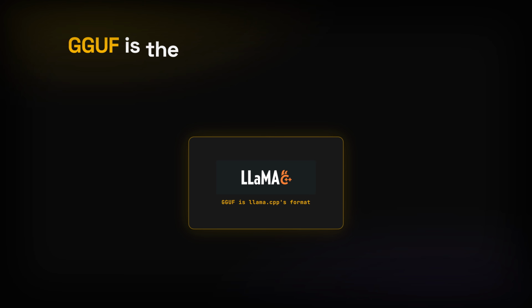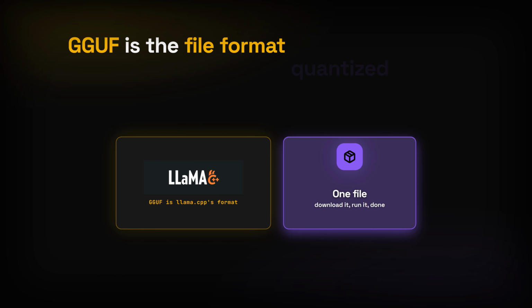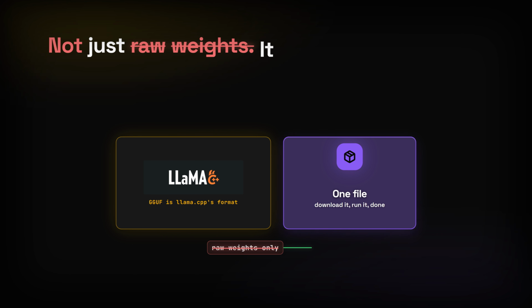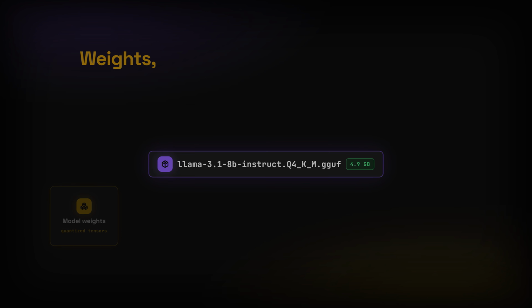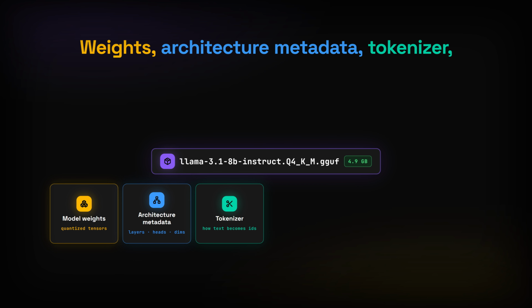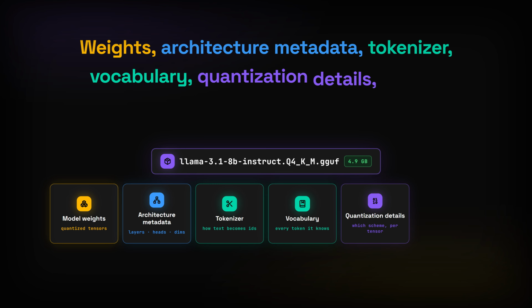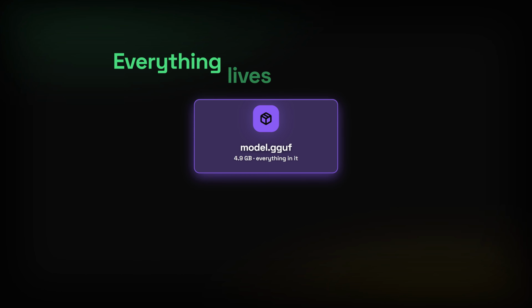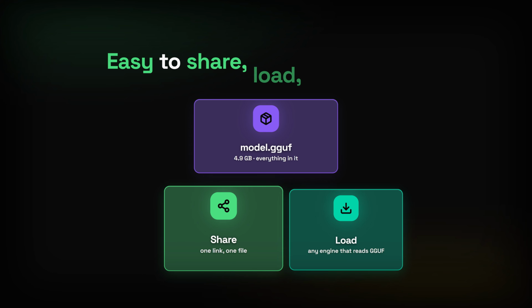GGUF is a widely adopted file format for distributing quantized language models. Rather than storing only raw weights, GGUF packages together model weights, neural network architecture metadata, tokenizer information, vocabulary, quantization details, and configuration parameters. Because all required information resides within a single file, GGUF models are easy to share, load, and deploy